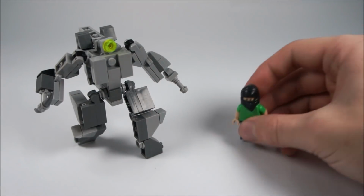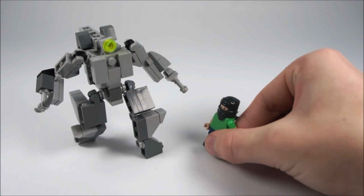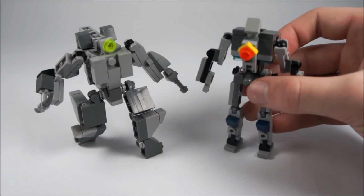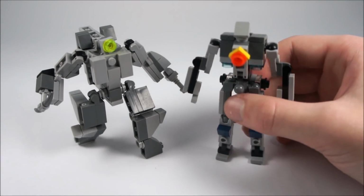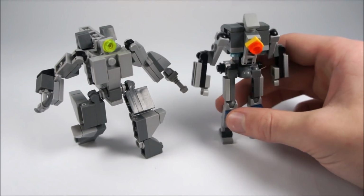So here he is compared to a minifigure. So it's obviously not in scale, but you know, actually looks kind of nice. And finally, here he is compared to Galvatron. This guy is about as tall as Optimus, so yeah, I just thought I'd do this. But there's Galvatron. I might be making a